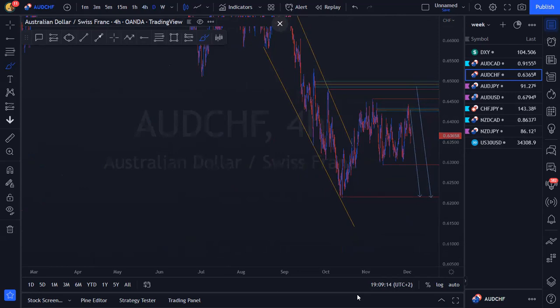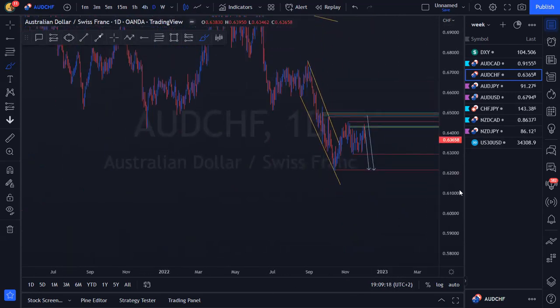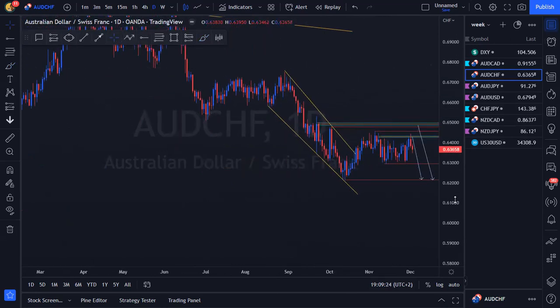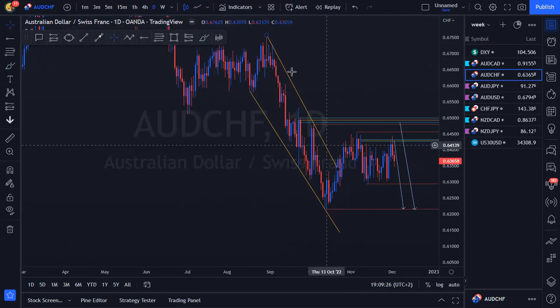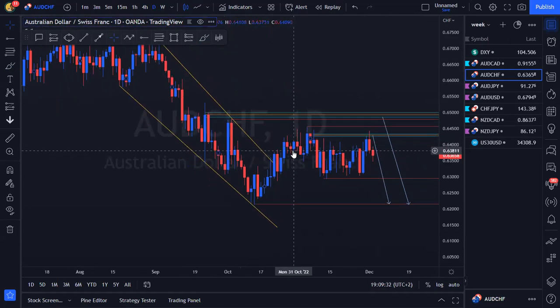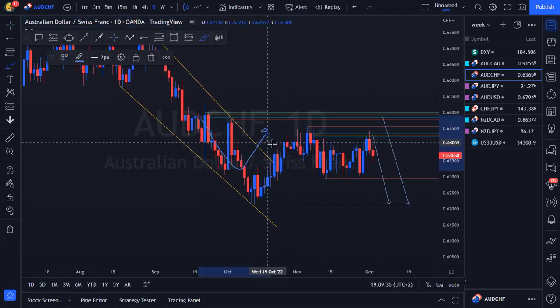Anyway, so we look at AUD Swiss franc. We'll start off on the daily. So daily, we've just been looking at the most recent price action. Most recent price action, we've just got price action giving us some sort of a descending structure. We broke this descending structure, but did we break with momentum? No, we did not. So obviously we concluded that, okay, yes, we did break the descending structure to the upside, but we broke in some sort of a corrective structure. So pretty much we're moving sideways.